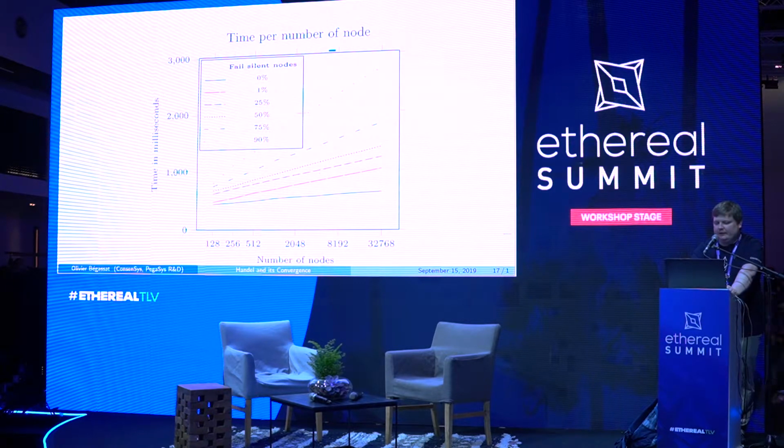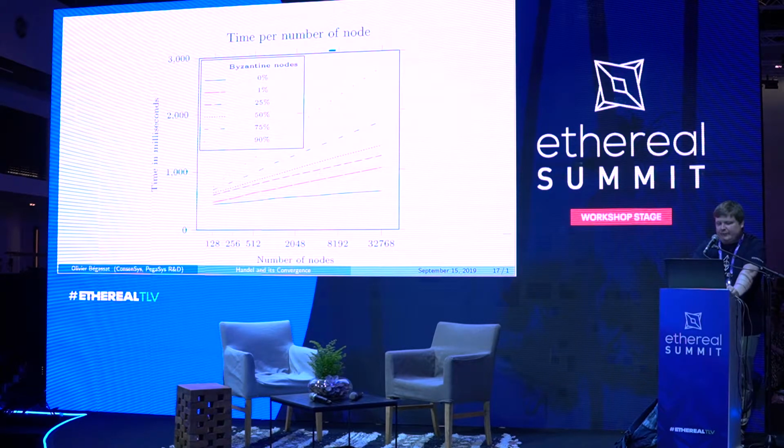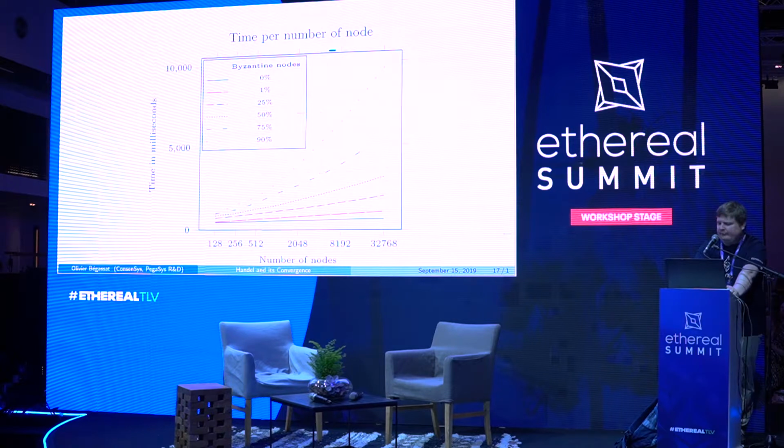For various proportions of fail-silent nodes or dead nodes. And you can see the bottom axis, the x-axis, is logarithmic scale. So you can see that the slopes, the lines you get, the graphs are basically straight lines, which is supporting evidence for our conjecture that it should be logarithmic time. And this remains true even if you have some mild Byzantine behavior. However, if you have the strongest form of Byzantine behavior, which we've identified, it degenerates to quadratic time, at least log squared.